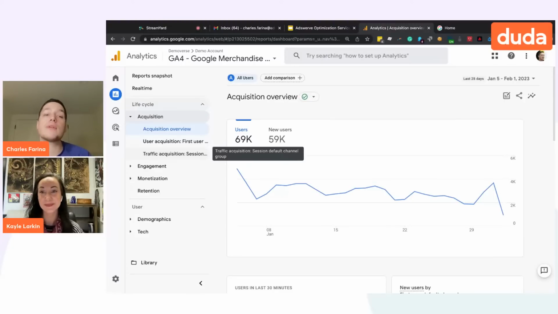So it's really, really, really important that if you don't have this new version of GA4 running, that you make it a priority probably this week or next week, because the real value and power of analytics, I think, you can really get the most out of it when you're able to do year over year comparisons of your data.